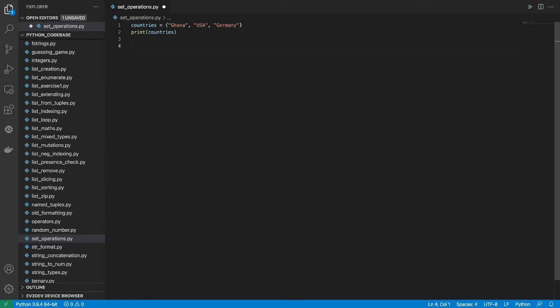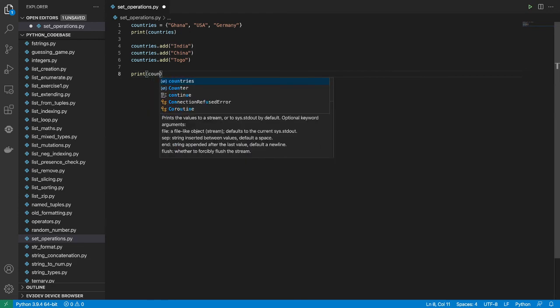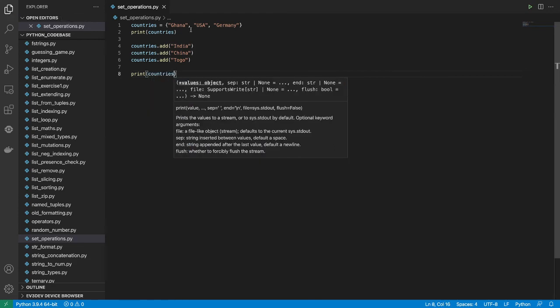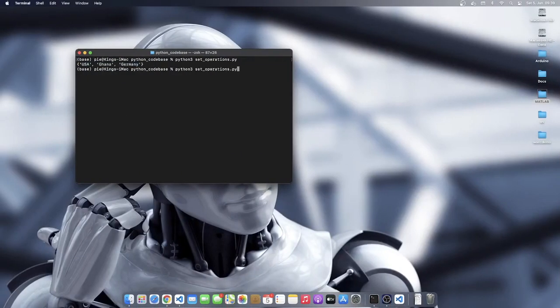Okay, so I can say countries dot add, and I can add, let's say, India. I can do countries dot add, I can add China, and I can do countries dot add, and I can add Togo. Okay, so at this point, if I come and I print countries, you will see that newer items have been added. So I'm going to come run this, and you see that indeed now we have Togo, USA,